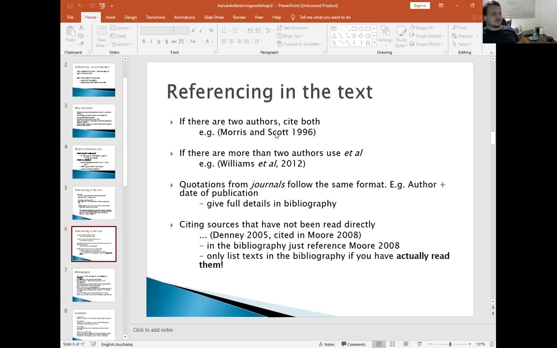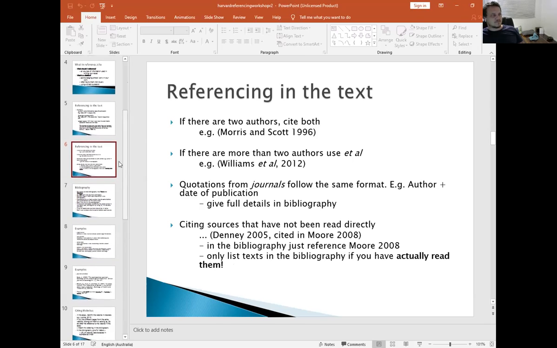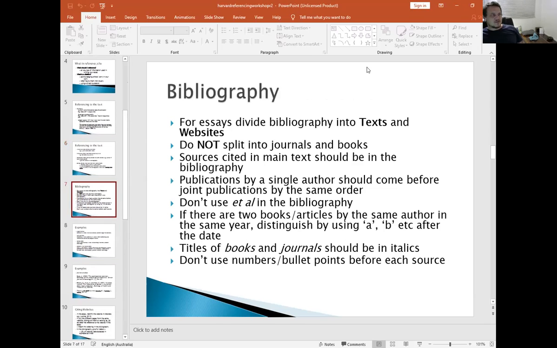So if you're quoting directly, you use quotation marks and the same references. I wouldn't worry too much about this in yours. It's not useful. I wouldn't worry too much about splitting them. And for your assignments, it will be a reference list or bibliography.